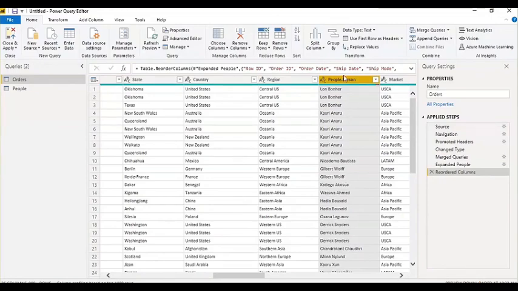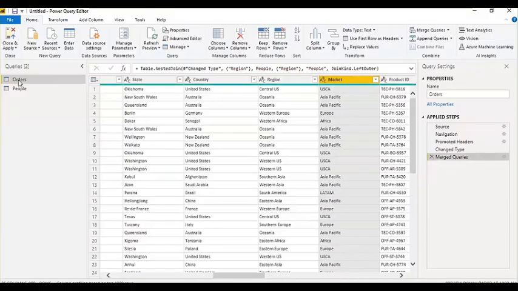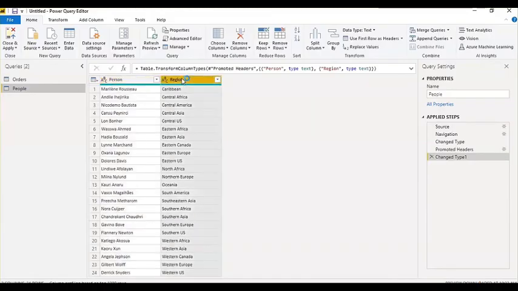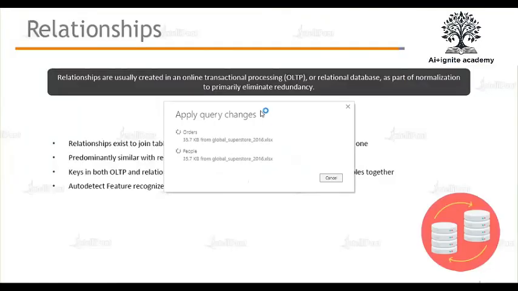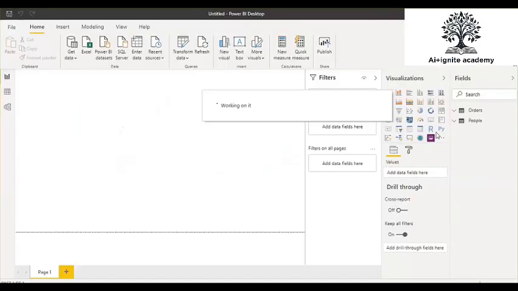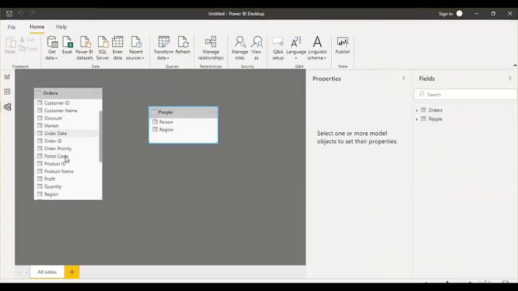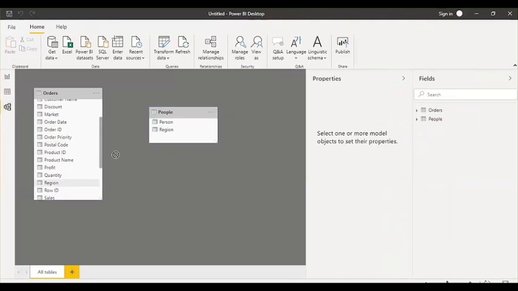So instead of using it here, we will make the relationship between these two tables. And then we can easily extract the person name after building the relationship on the region column. Got it? Now let's load this data. Now I just create a relationship between region.